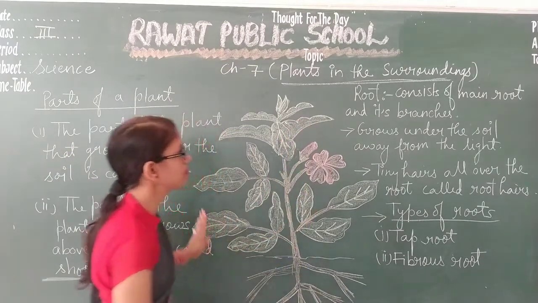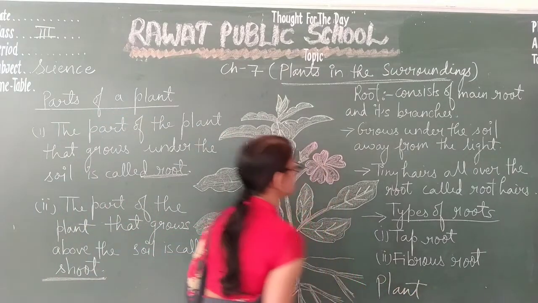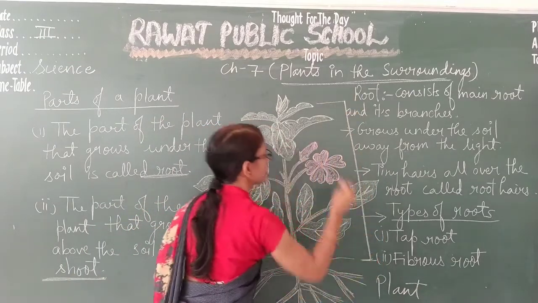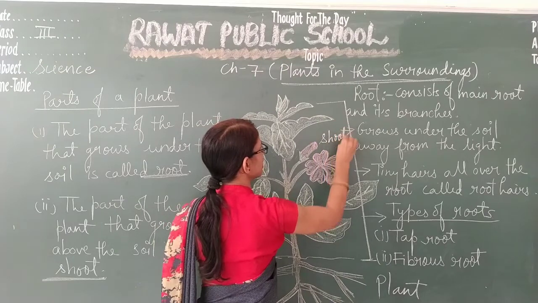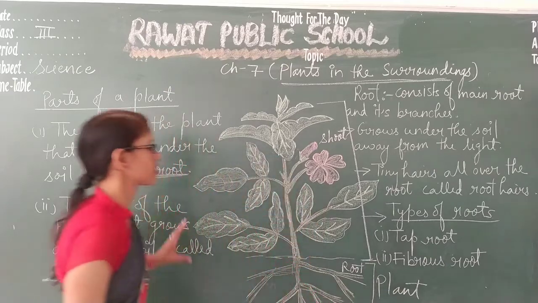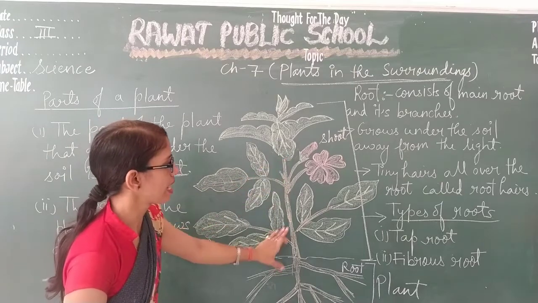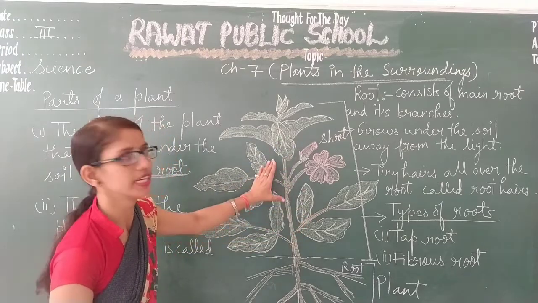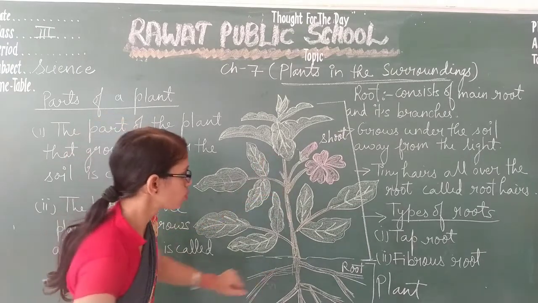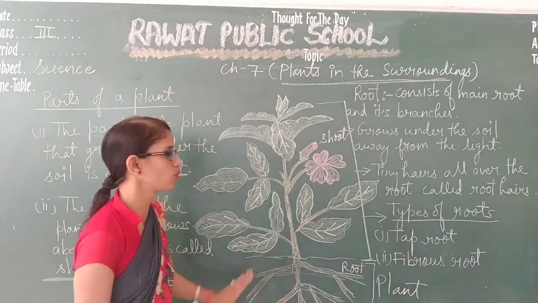So this is a diagram of a plant, from which you can see the parts of the plant. ये आपका soil वाले region. So ये वाला जो part है is known as shoot, and this part is known as root or the root system. So we can see flowers, leaves, buds, stem and branches all present in the shoot of the plant. They all combine to form the shoot, whereas the root and its branches form the root system of the plant.